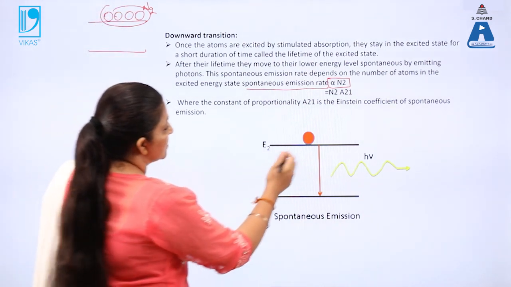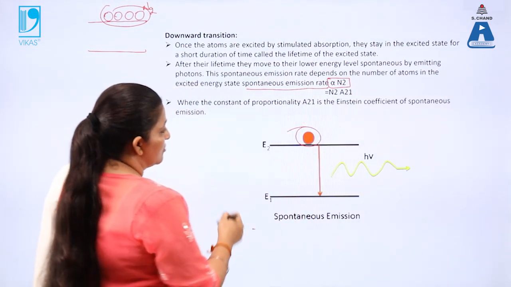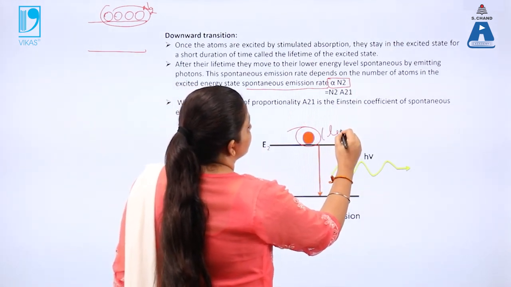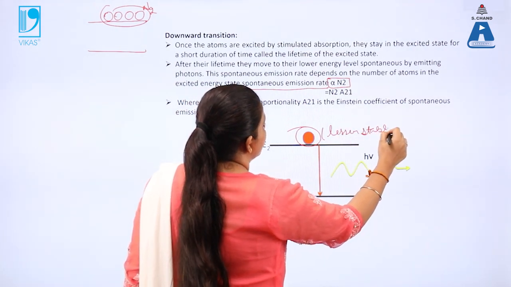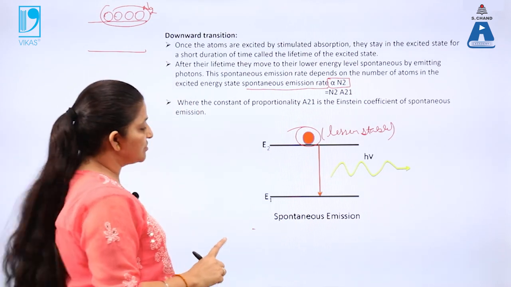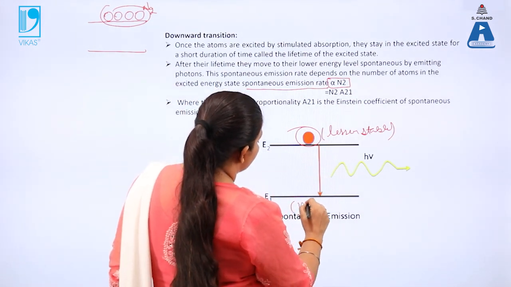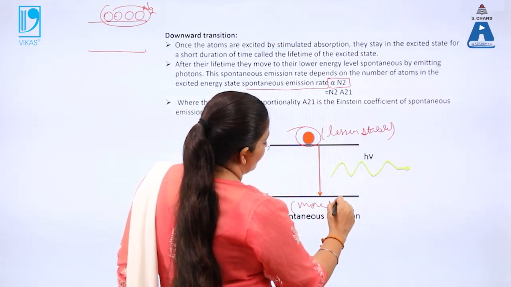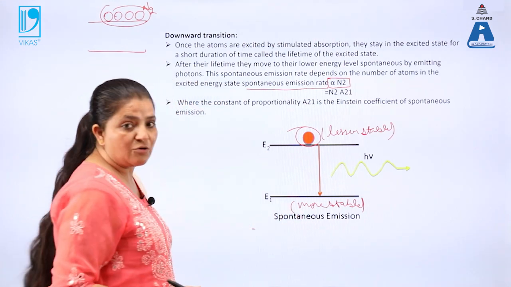So the atoms present here are in the excited state. We know that this is a less stable state, this state is not more stable. It is the lesser stable state, and we know that the ground state is the more stable state for the atoms. So atoms are more stable in the ground state.